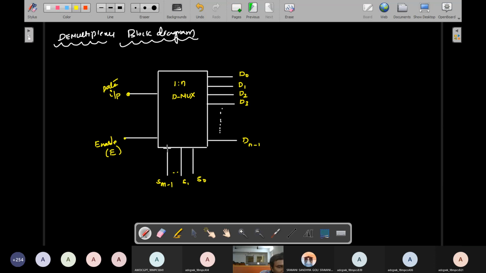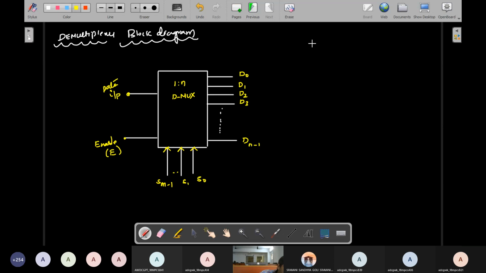These are the selecting lines, which is why we indicate an arrow mark. The input selects any one of the outputs using the selecting terminals. Whatever data is given to the selecting terminal decides which output this input goes to. Here is one equation to find the selecting lines.